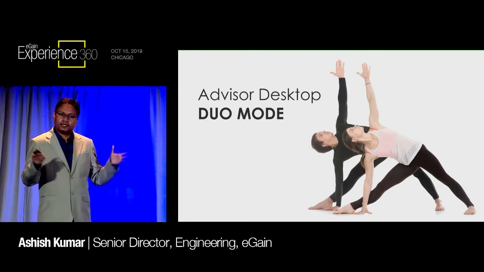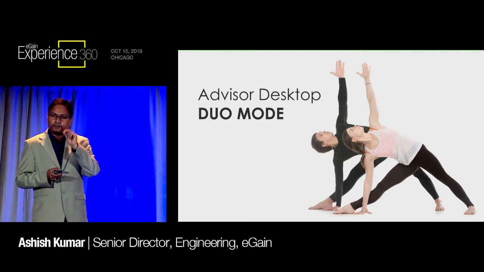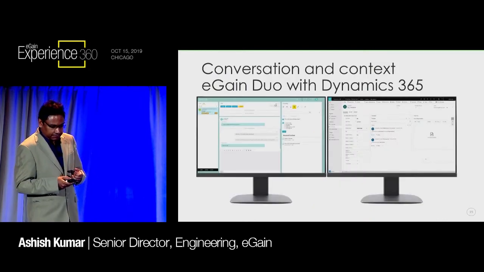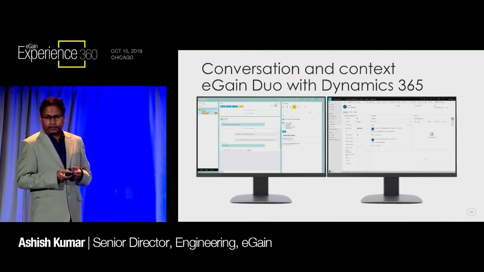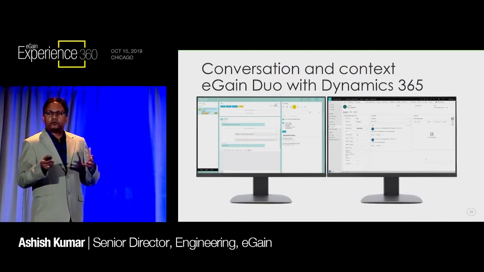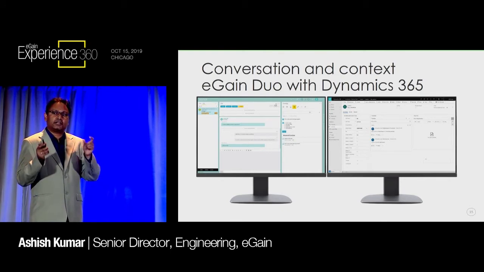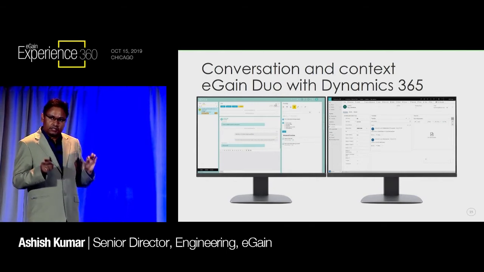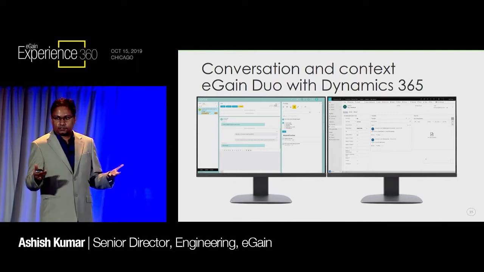So another way that you can do it, and probably a simpler way, is where you can have the two applications separate, but you inject some of our JavaScript into the third-party application. For example, in our demo stations, we are showing the integration with Dynamics 365. So the way we do it is you go to the Dynamics 365 admin tool and inject our JavaScript inside it. It is a very tiny JavaScript.